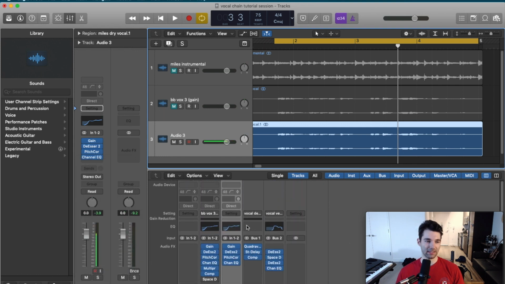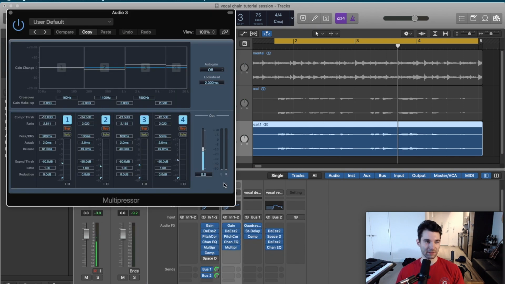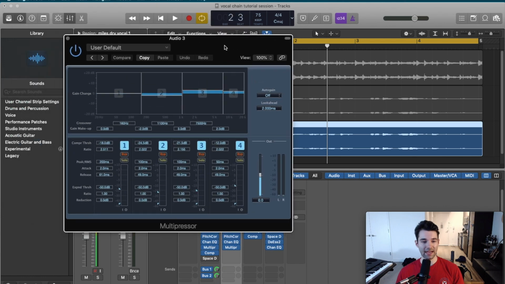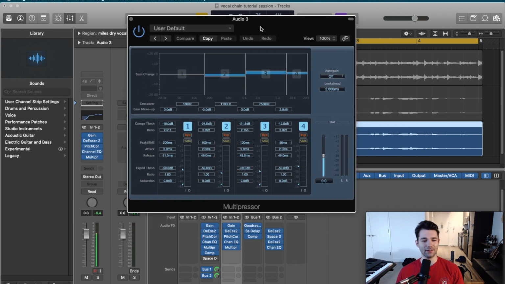So I'm going to start by copying over, using Option Drag, our Multipressor from the template. Let's see what I'm doing. I've got a little bit kind of repeating the same ideas as in the EQ. I've got a little bit of a mid scoop, a little bit of an upper mids boost to continue to brighten what I'm doing with the EQ, and just a little bit of kind of an exciter effect. I'm almost using the Multipressor a little bit like a dynamic EQ,